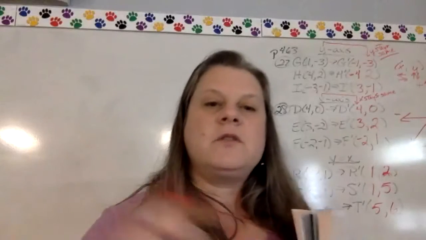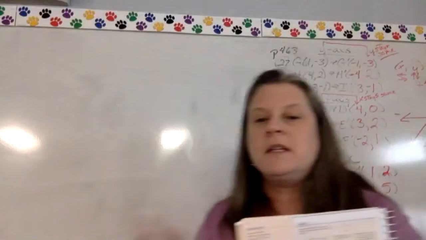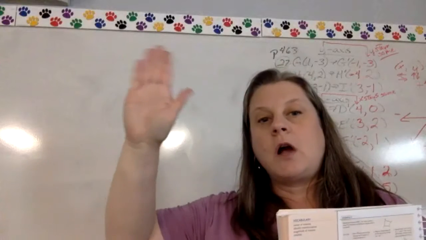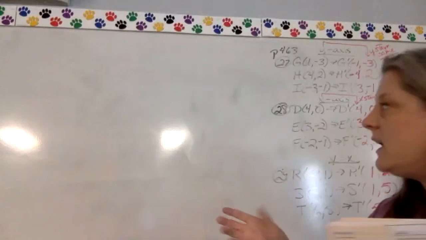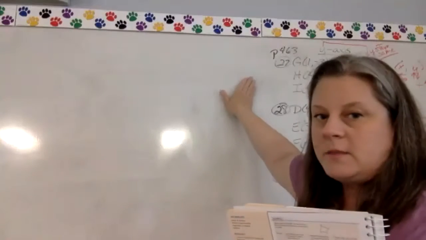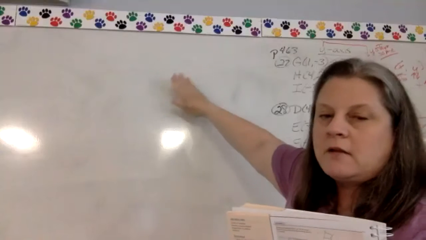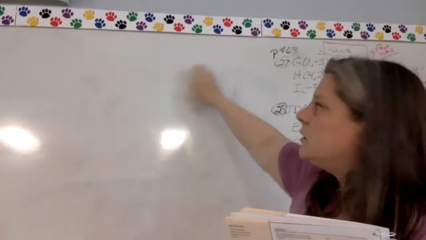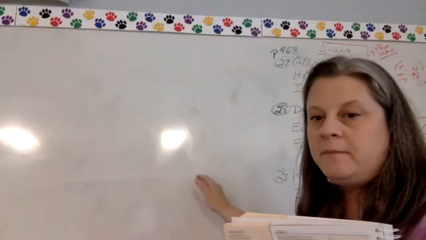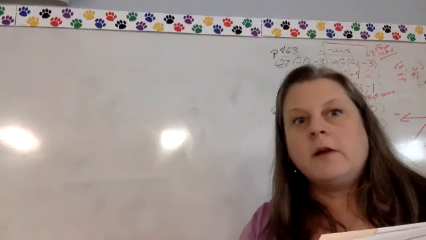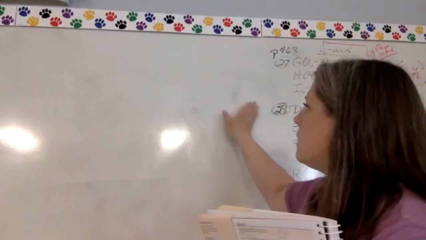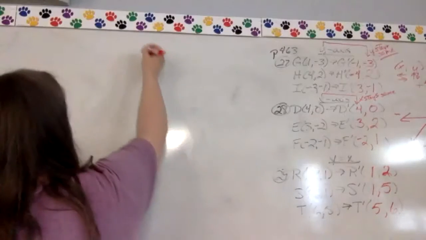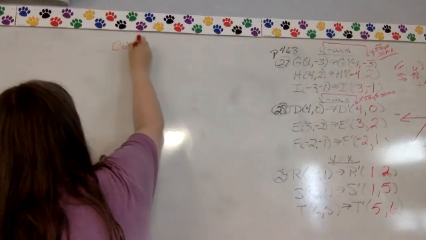I mentioned yesterday when we were going over the notes that most of the time when you do a rotation, it talks about doing it counterclockwise. Because on the coordinate plane, remember the top right is where everything's positive. Then we go to the top left, then bottom left, and bottom right. We go counterclockwise around the coordinate plane. Since these are things that are on the coordinate plane, we're also going to go counterclockwise most of the time for our rotations. So I'm going to put up here, counterclockwise